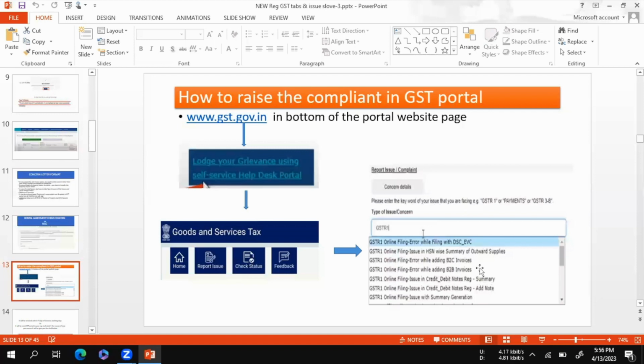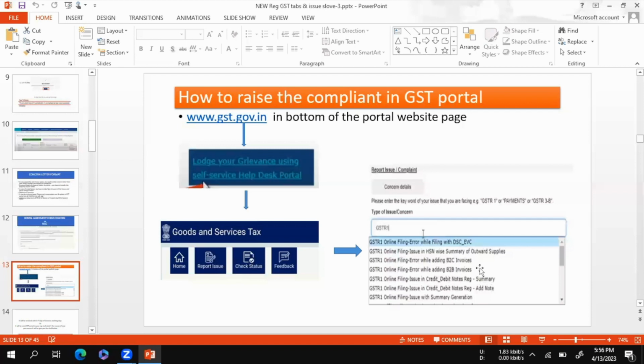At the bottom of the home page, we can see the self-service help desk portal. If you have any question, complaint or doubt, you can click the help desk portal. In the help desk portal, in the right corner, under Goods and Services Tax, four sub options appear: